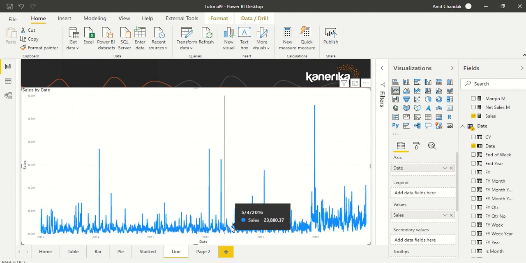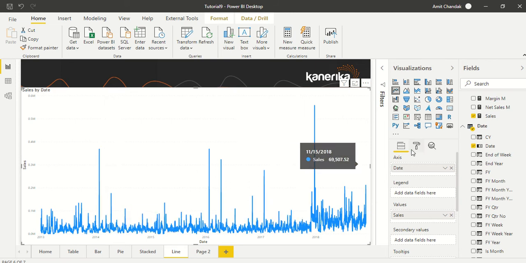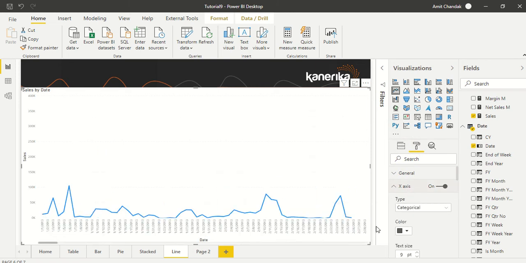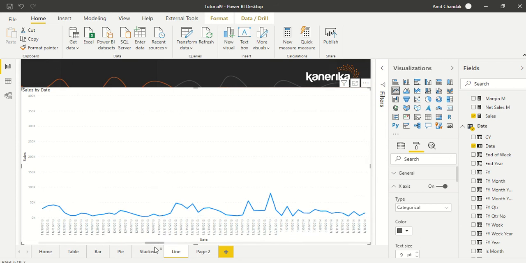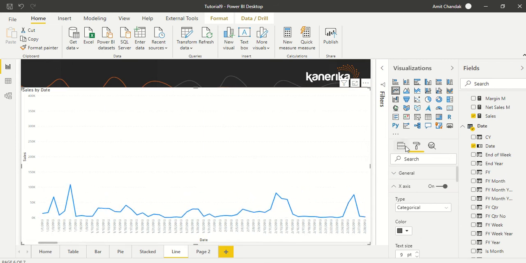We are only seeing years, and this is one feature which is pretty good with visuals which are dealing with dates, so they can actually become continuous visuals, and you can see year and all those stuff. Now how to change it? If you go here in the x-axis, you will see a property which is basically categorical. Now it will become date, and now you have a scroll just like a bar visual. You have that, so you'll be able to see that. Okay, now we can go back and actually change it to